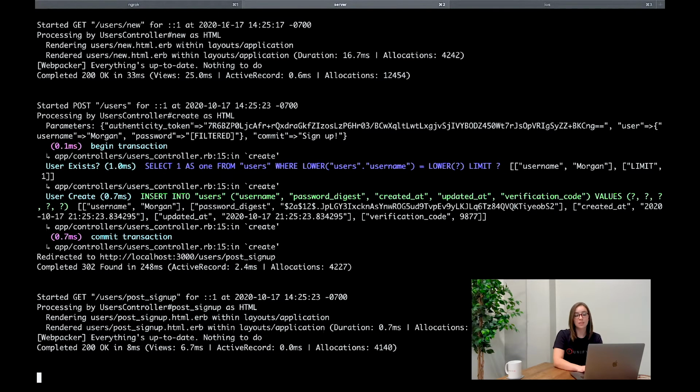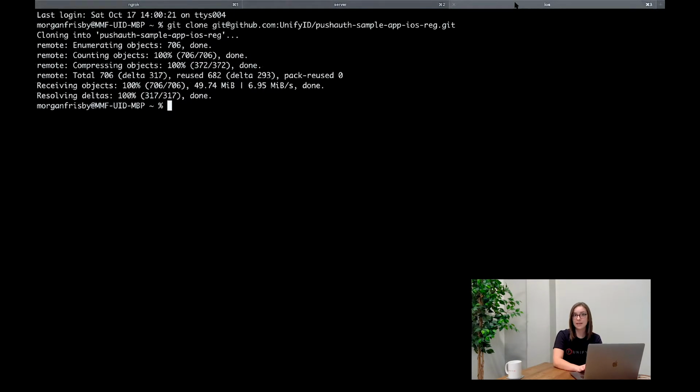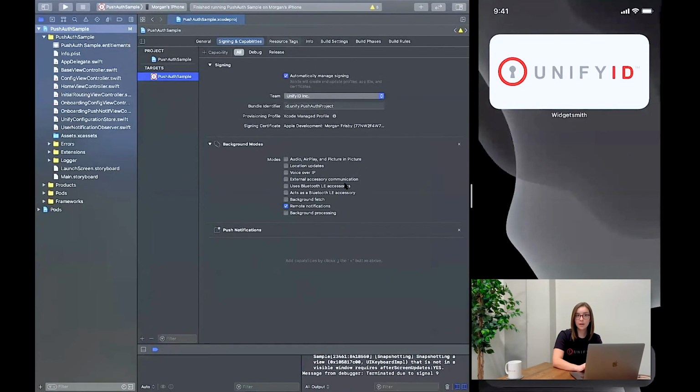We have another post in the blog series that details all of the instructions necessary for setting up this app. And that post is named How to Implement PushAuth iOS Mobile App. So I've already cloned the repo, set up the project settings in Xcode, and uploaded my APNS push credentials to the project dashboard. So I'm ready to build the app in Xcode and then have the app install on my phone.